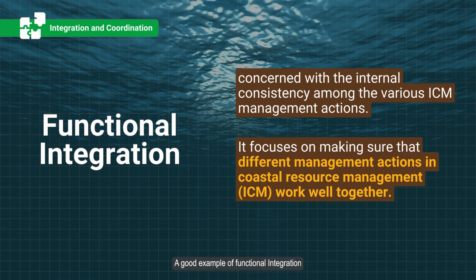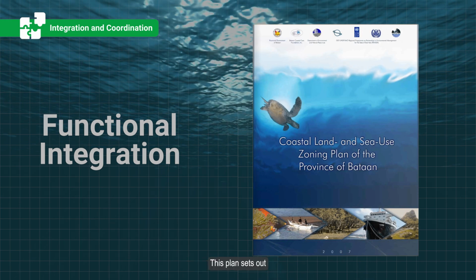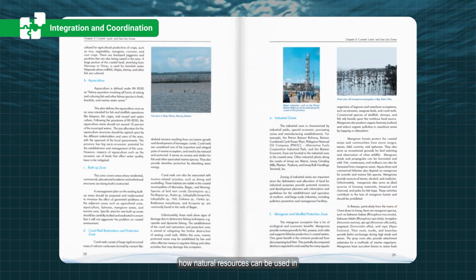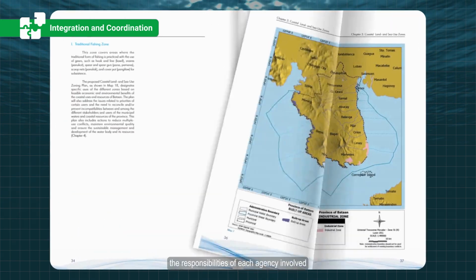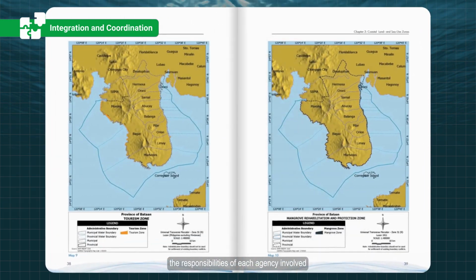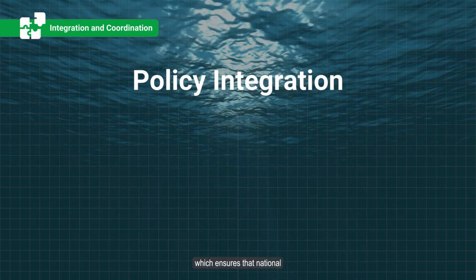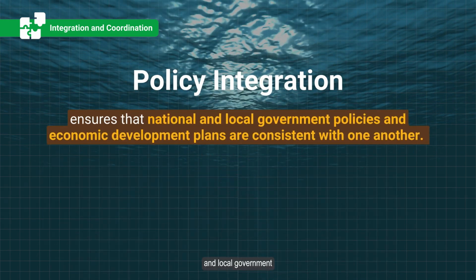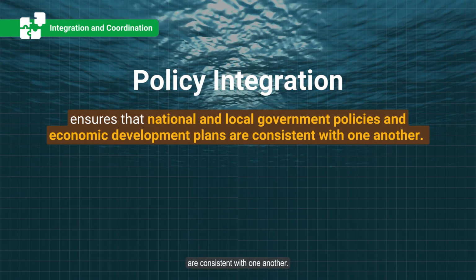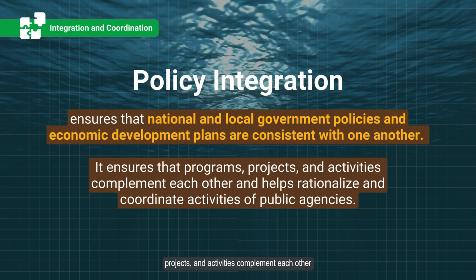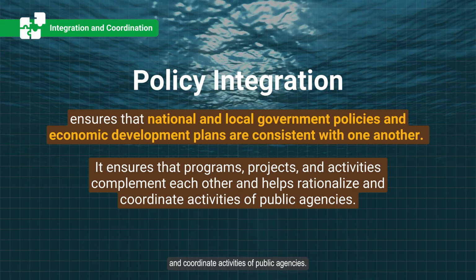A good example of functional integration is creating a coastal zoning plan. This plan sets out how natural resources can be used in different areas, specifies what activities are allowed, and defines the responsibilities of each agency involved. And the third dimension is policy integration, which ensures that national and local government policies and economic development plans are consistent with one another. It ensures that programs, projects, and activities complement each other and help rationalize and coordinate activities